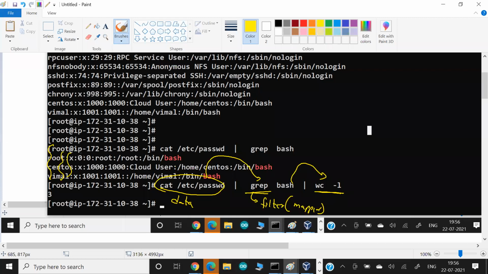This command does whatever I want to do: I want to count lines, I want to cut this number, I want to sum it. Whatever analysis you want to perform, this command will do for you. Technically in the Hadoop world, I gave it the word reducer. This is the one that does the reducing, or analysis, for you and performs some action. So this is a Linux command for doing some analysis, but the same thing you can do with Hadoop, as we have seen in my Hadoop classes.